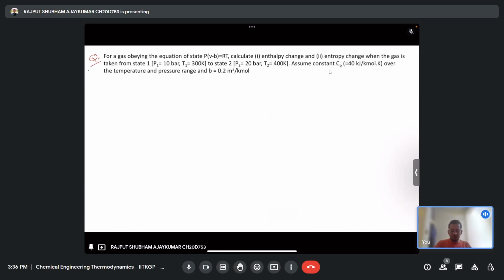Now this question is related to an equation of state. I have not discussed equations of state in detail, but I've discussed the equation of state for an ideal gas, that is given by PV equal to nRT. So this is the first general equation of state, the ideal gas equation of state we discussed during the earlier lecture content. Okay, so now what I'm going to show here is how you can use different equations of state. There will be different equations of state coming in the later lectures, which are like